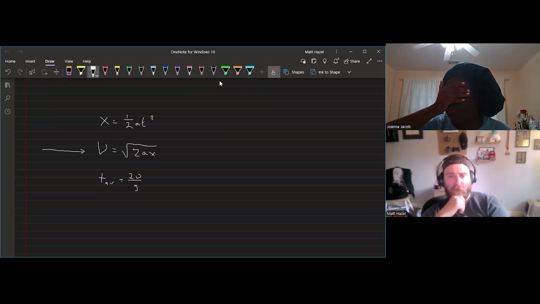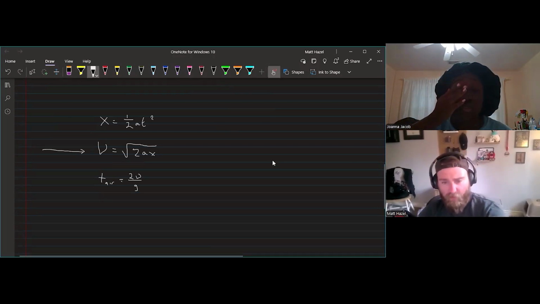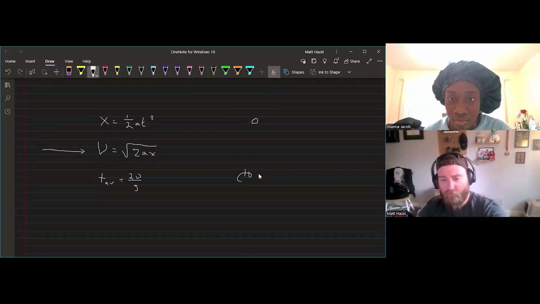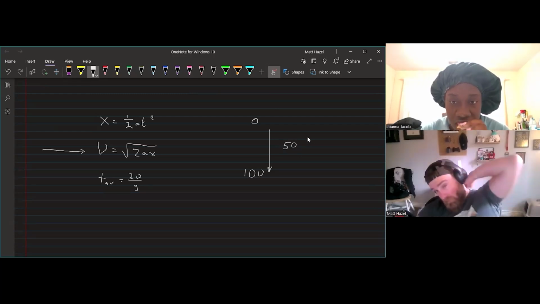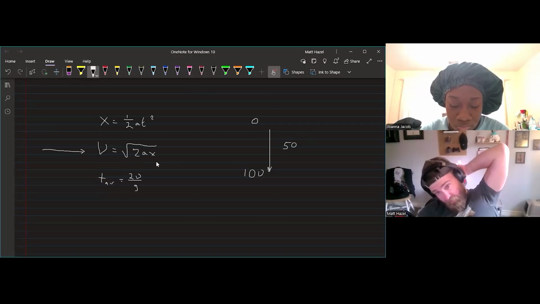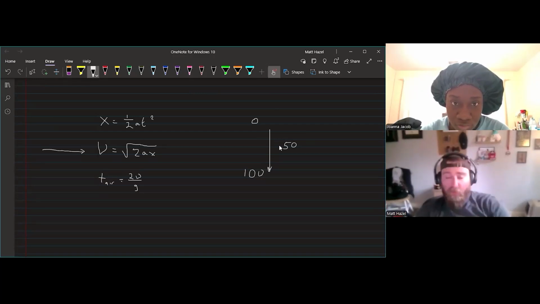Does that make sense? So if I have a starting velocity of 0 and an ending velocity of 100 while I'm falling down, at whatever point, the average velocity here is 50, right? So if we're looking at how much distance was traveled,